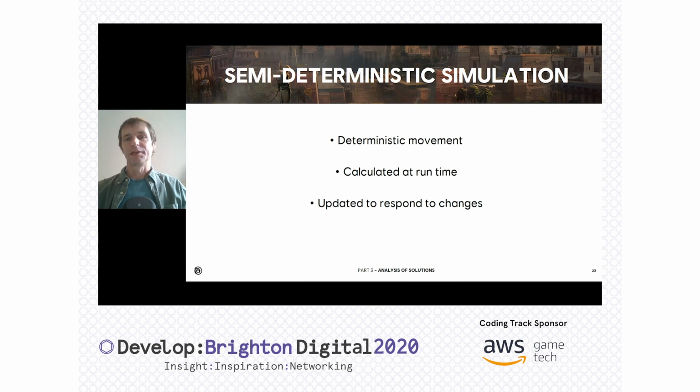A more useful application of the idea of deterministic motion is to calculate deterministic paths at runtime and assume that they can be changed if the state of the world changes. When an NPC decides that it needs to move from one location to another, it can find a path to follow and calculate how long it will take for it to reach the end of that path. This path can then be added to a set of currently active paths in the world, and the AI doesn't need to make another decision until the end time of the path.